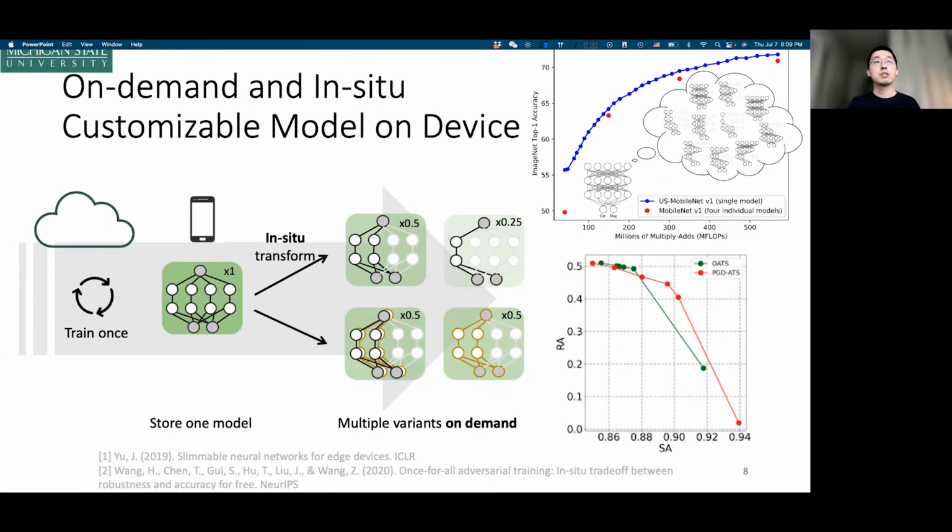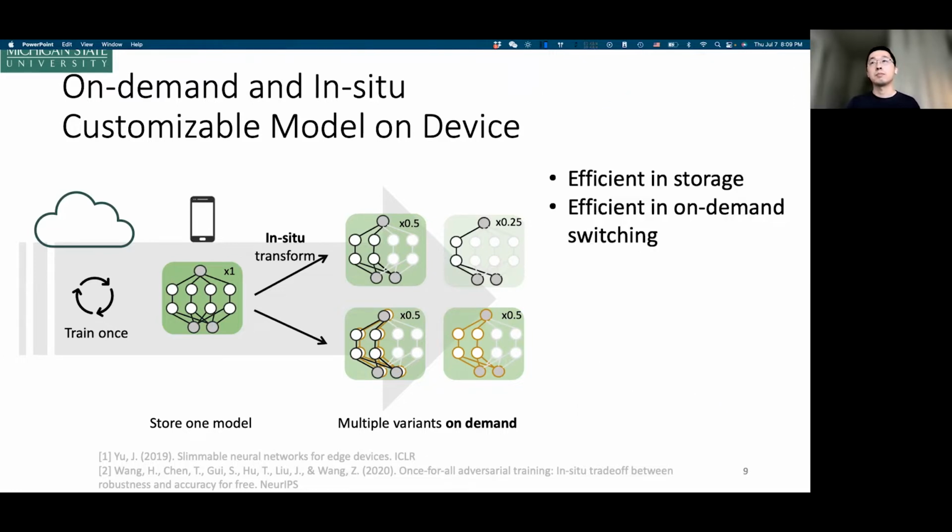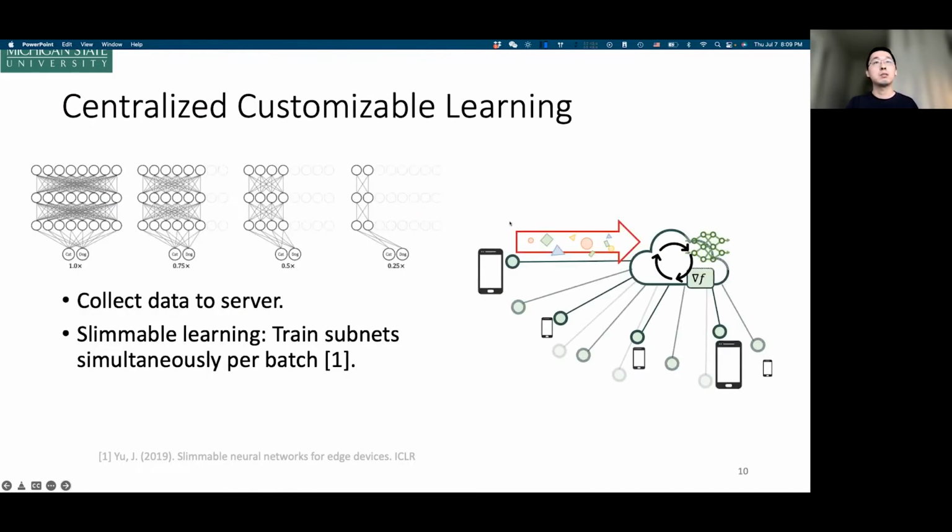So the key question is how can we train this model? Even if this solution is very efficient in storage and efficient in on-demand switching, the problem is how can we train this? One traditional idea, given the consideration in practice, is that we have to collect some data from users and then we train a model.